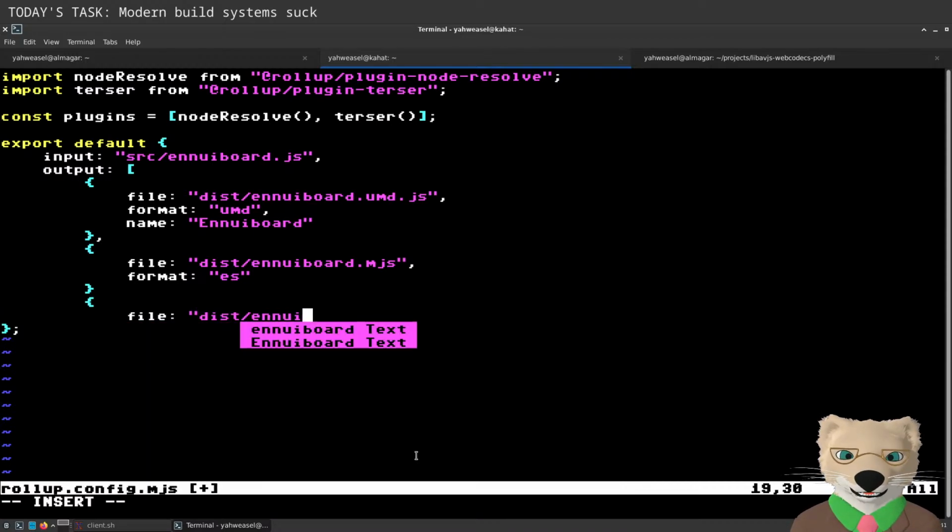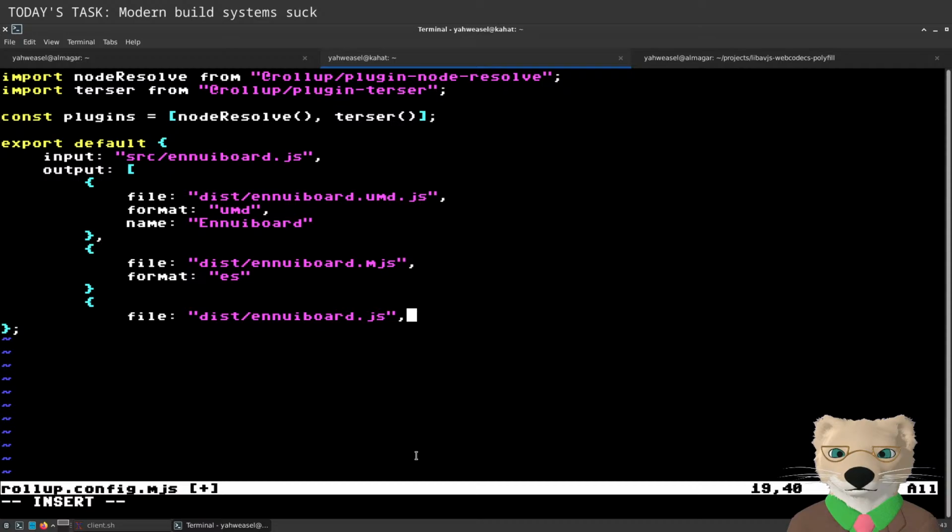And I also want a sort of non-specified one that's actually an IIFE, because I still want IIFEs to be a perfectly valid way to use it.